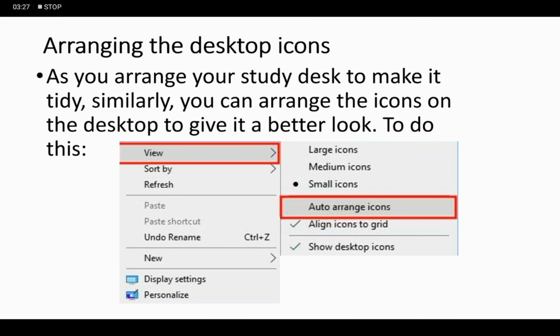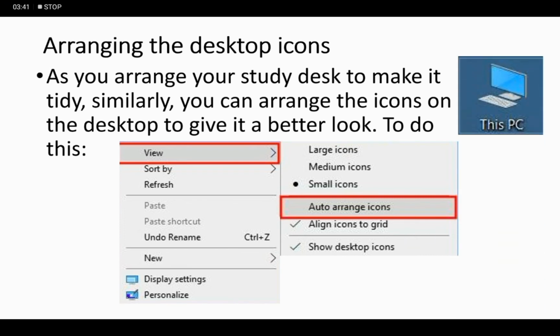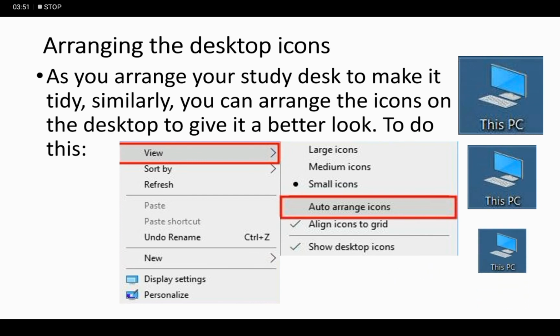As soon as I click on auto arrange icons, it will arrange all the icons in a proper manner. If I click on large icons, it will change the size of the icons to large. If I click on medium icons, it will change them to medium size, and if I click on small icons, it will change them to a smaller size.